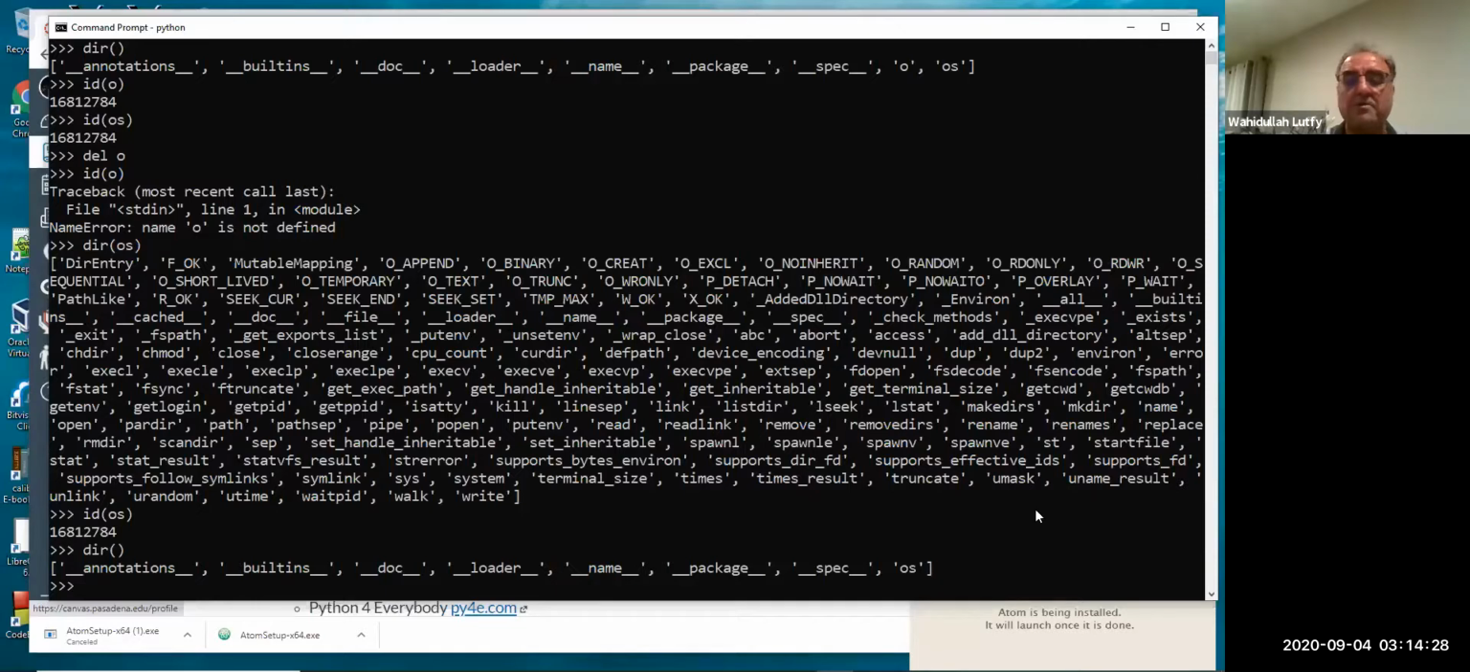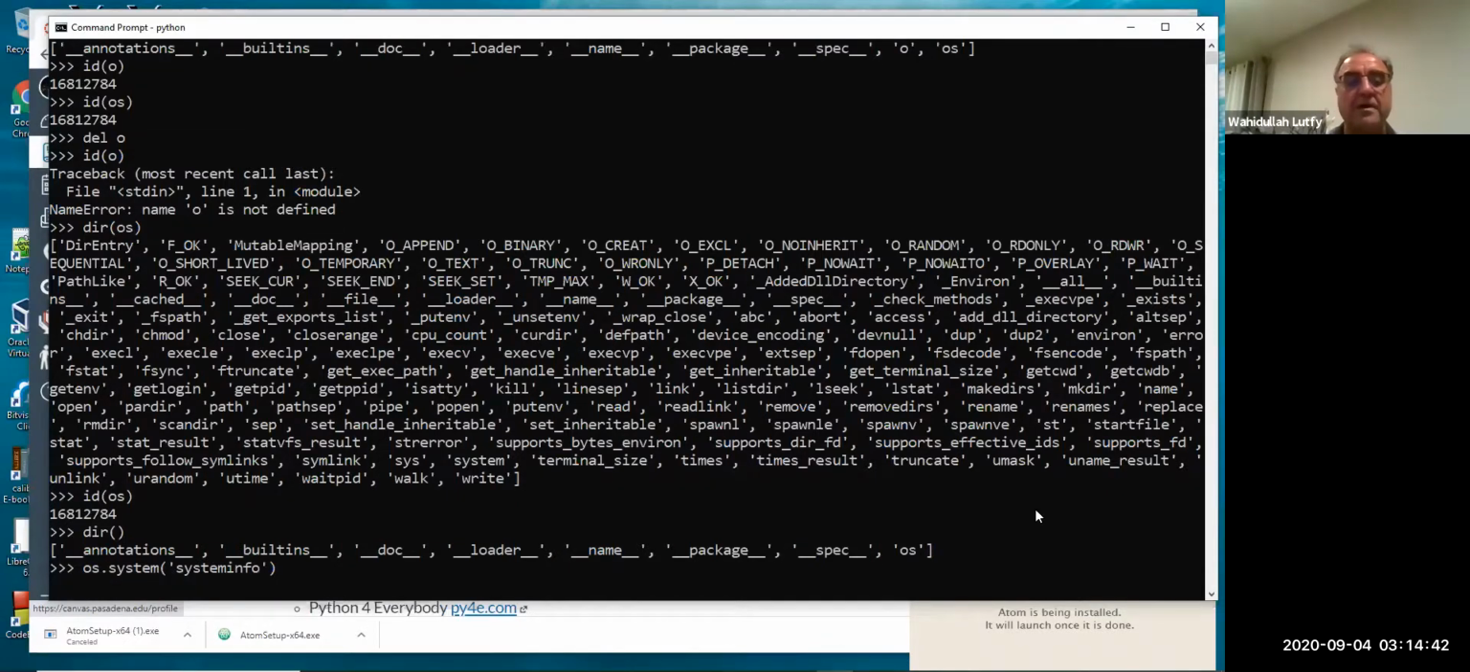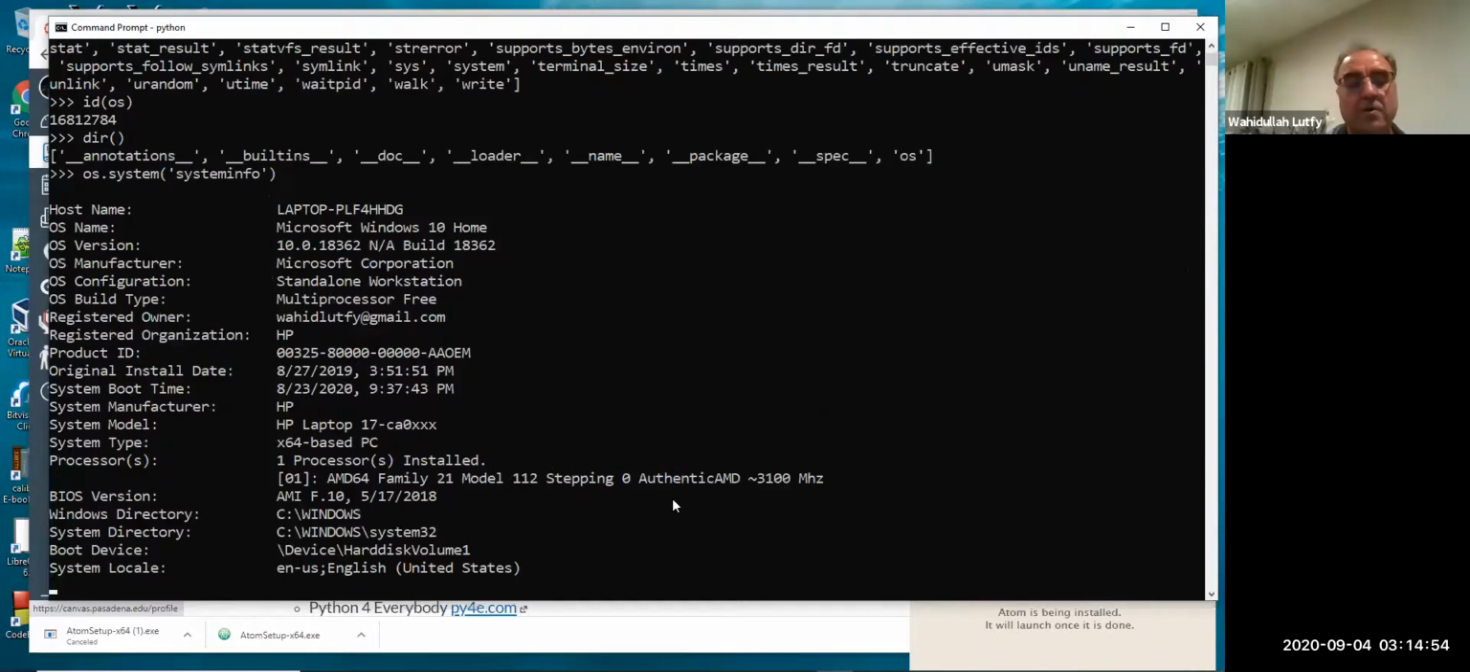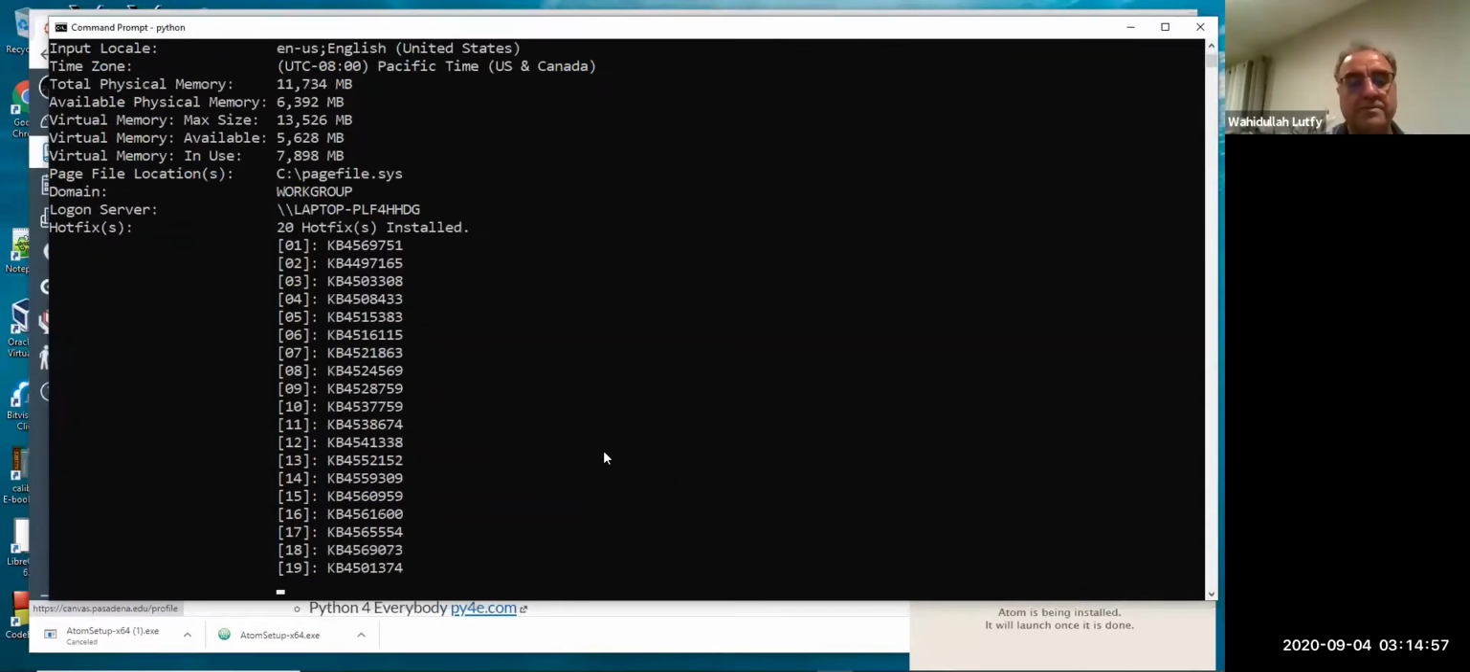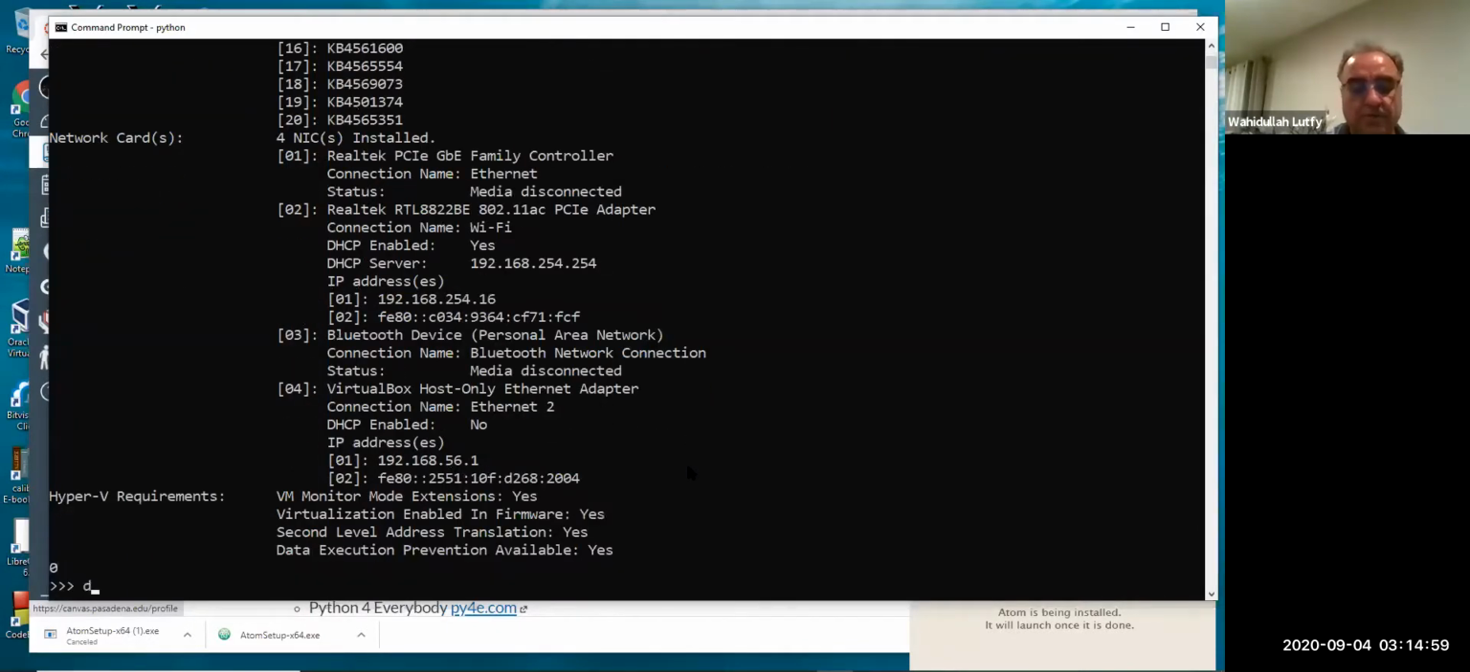Okay, so I could just import OS and then do os.system and run a command like in Windows. And if I want to get the detail of my system information, you can run systeminfo. So dir is one command, and once you have loaded OS, notice that inside it there's one module,